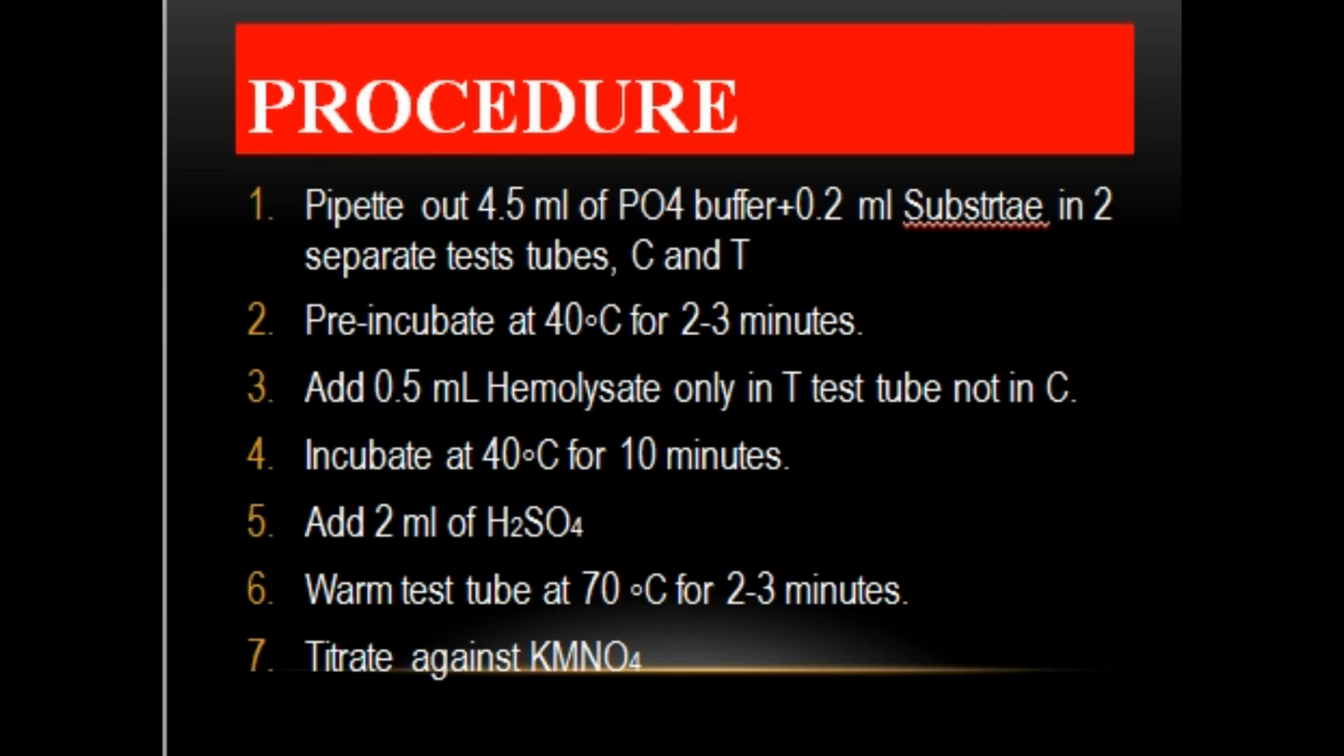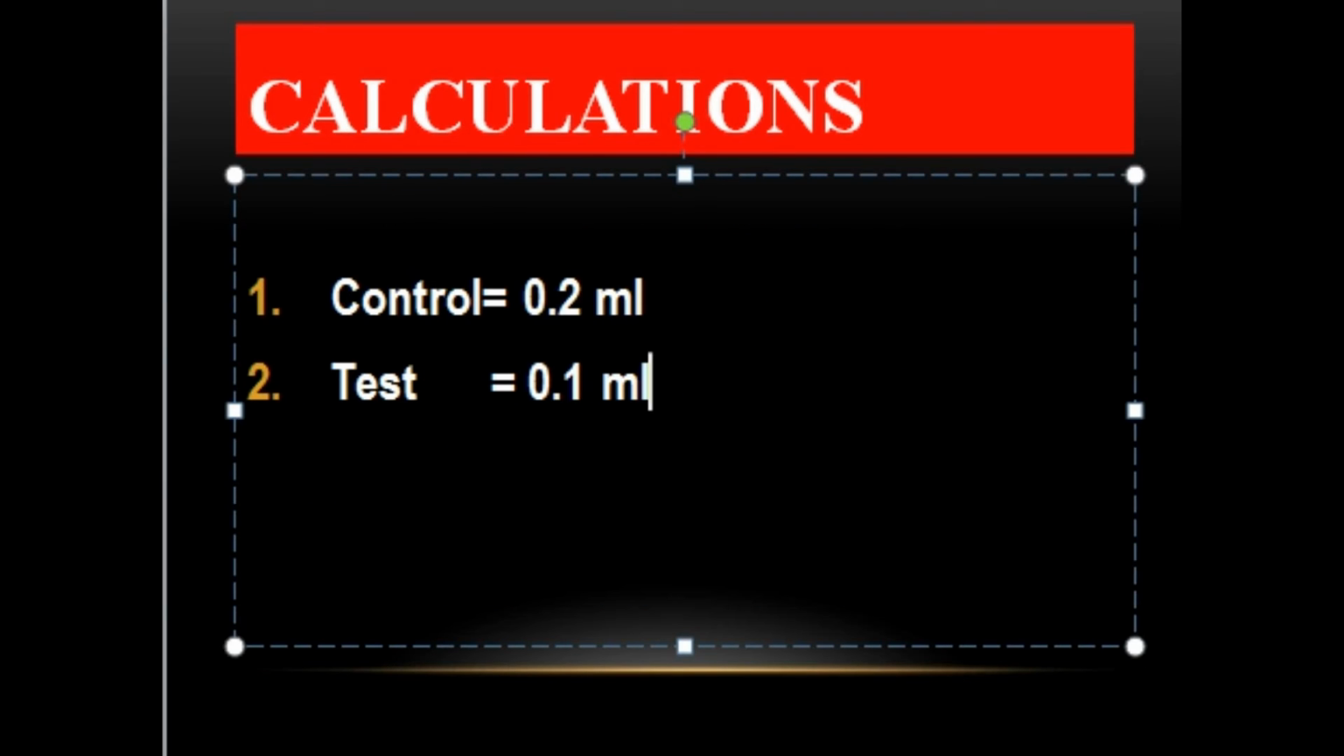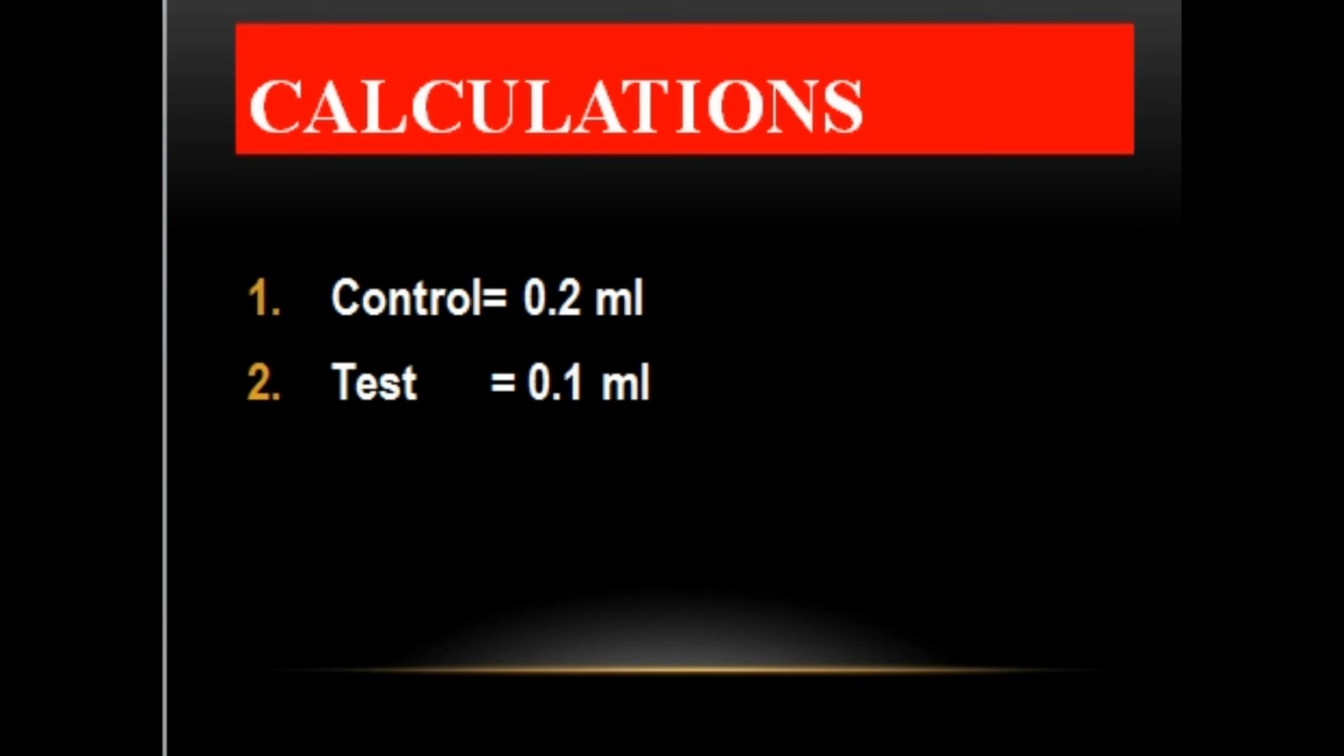After this, when we have confirmed that the catalase enzyme is not working, we titrate both against the KMnO4. Suppose we have these two readings. Control has the volume of 0.2 ml and test has the volume of 0.1 ml of the potassium permanganate. Then what we will do? We will do certain calculations,